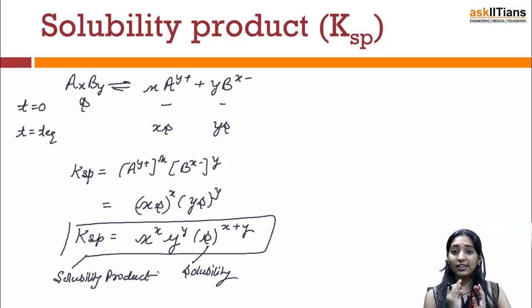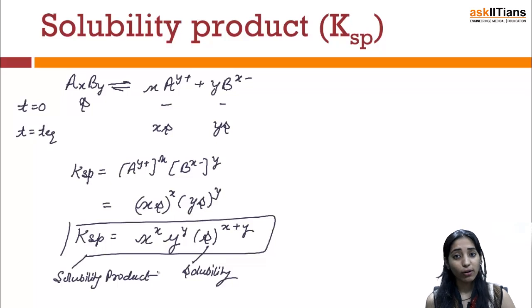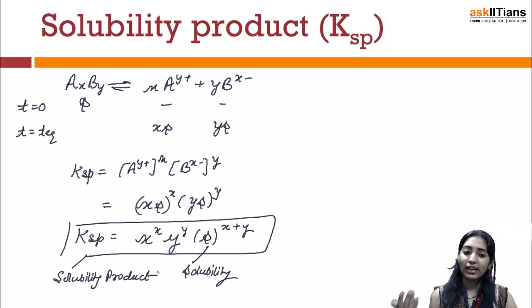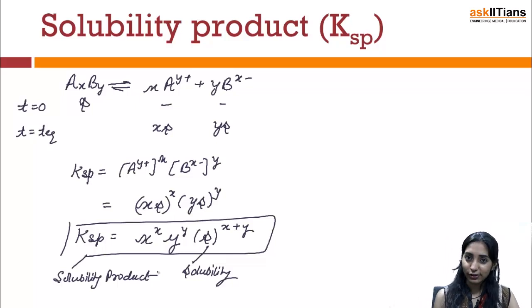So using this derivation, we can also consider the different cases that will be available to us according to the questions. For example, you can always find the relationship between the solubility and the solubility product for a 1:1 salt, that means a salt like AB, or for a 1:2 salt, that is for a salt AB2. Or you can also find it for a 2:1 salt, which is A2B. So there will be different types of salts which we'll be considering, and we'll try to get the relationship for the solubility and the solubility product. These types of questions will be dealt with in the examples which we'll encounter in the further slides.